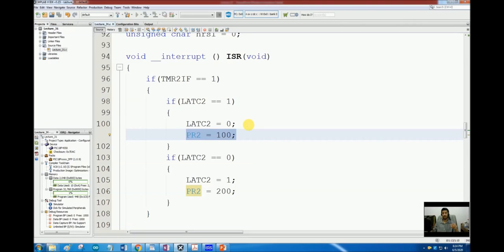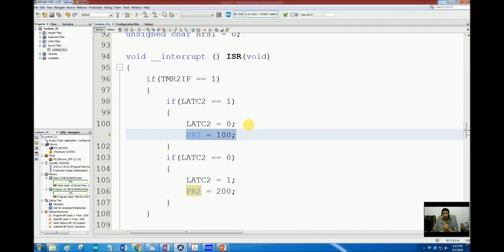But what if I had one time period register and one dedicated duty cycle register? And I would just say, okay, this is my time period, this is my duty cycle, start generating waveform, and it will generate the waveform for you. The capture compare PWM module will actually do it. It will have a dedicated register for the time period, it will have a dedicated register for the duty cycle. And another interesting thing about that is we can change the duty cycle in real time.